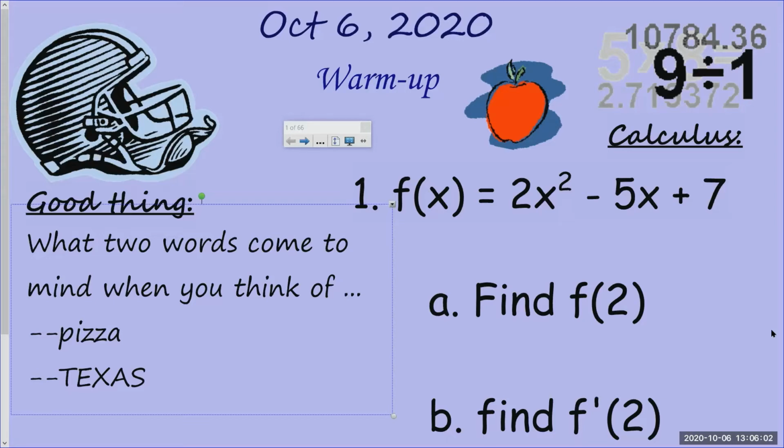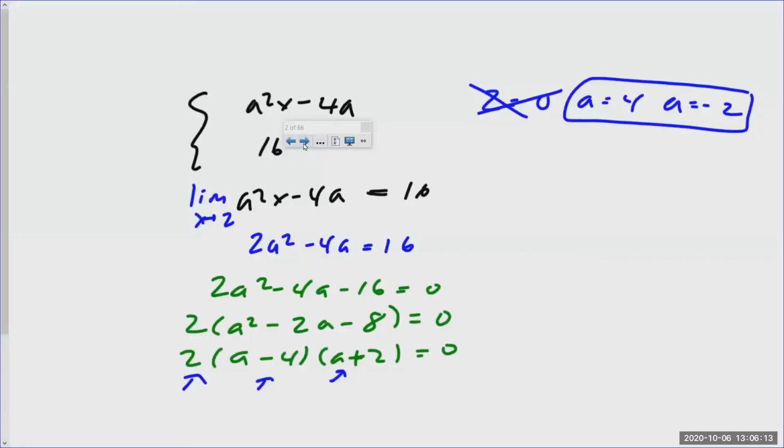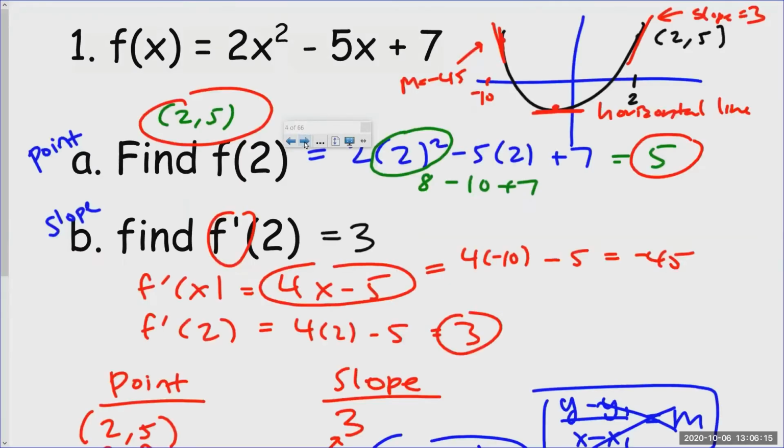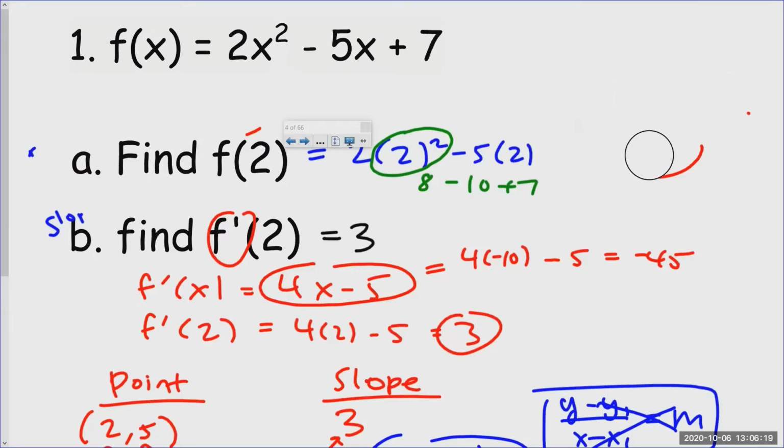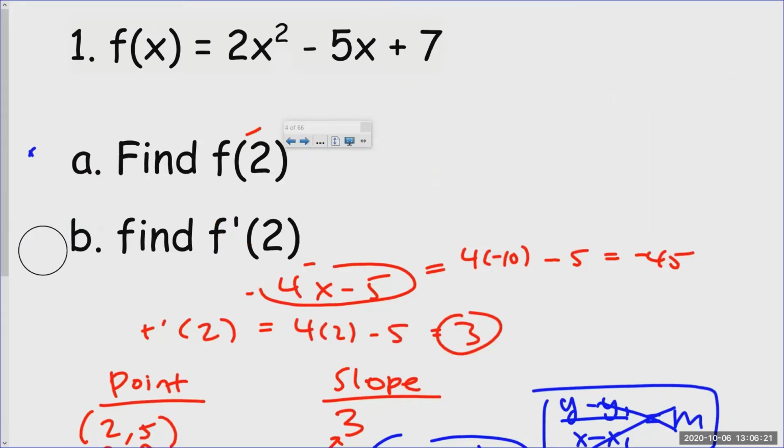And when we do the equation of a tangent line, we always think of two things: point and slope, okay? So when you do an equation of a tangent line, you're going to talk about a point and a slope, and you're going to get a value for both of those. So let me show you guys how to do this. Let's look at your warm-up. We're going to start with point and slope, and then I'll show you how to do an equation of a